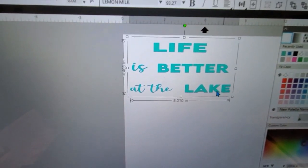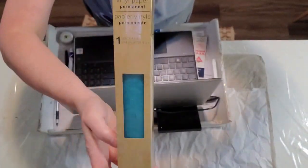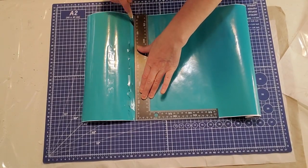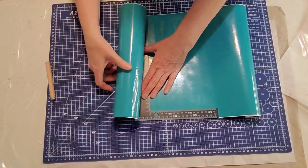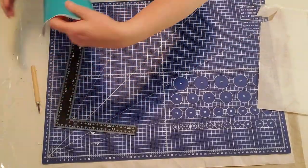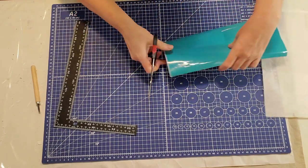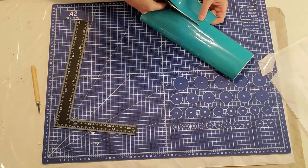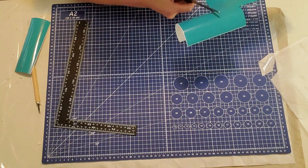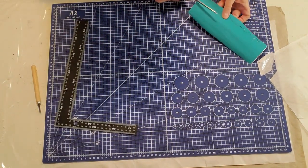And I found some vinyl at the Dollar Tree, guys, like colored vinyl, and this one is a permanent vinyl. So for $1.25, I thought I'd try it out, and they had a whole bunch of different colors, so I picked up a whole bunch of different colors, and I thought this is a perfect color for a coastal sign or beachy sign. So I'm just cutting this saying in different pieces because I'm going to apply it to different areas of the sign, and I thought it would be easier to apply with the transfer tape. So I'm just cutting away the excess here,